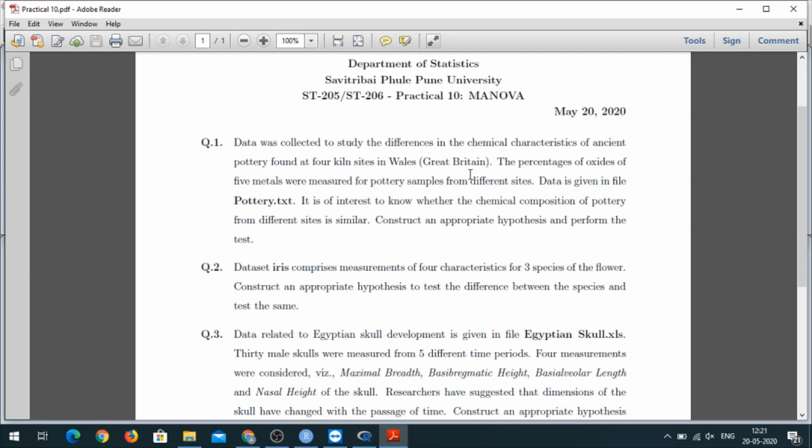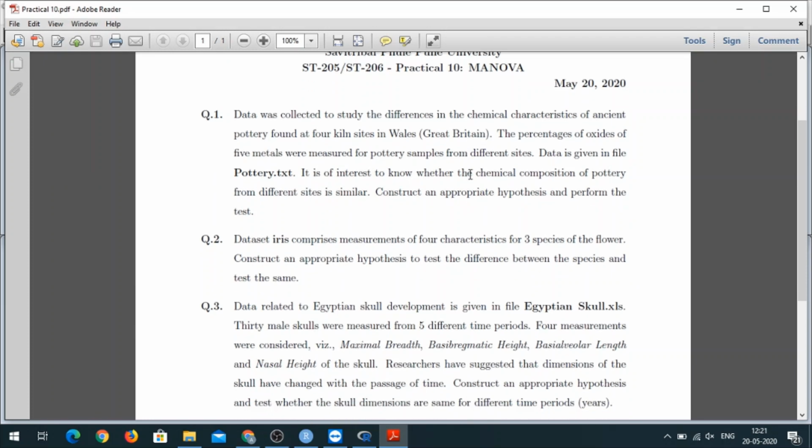Again, I don't expect you to do the calculations, because I know many of you don't have access to computers, but just go through the problem statements just to see that these are also some of the possible problem statements. Okay, so the first problem is: the data was collected to study the differences in chemical characteristics of ancient